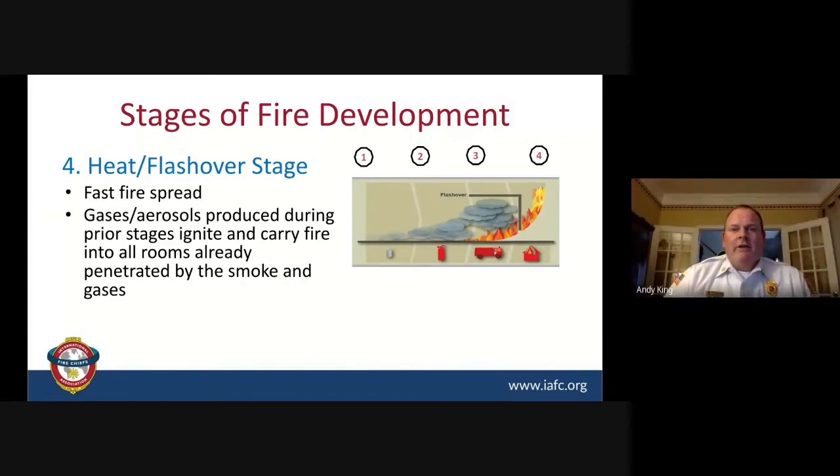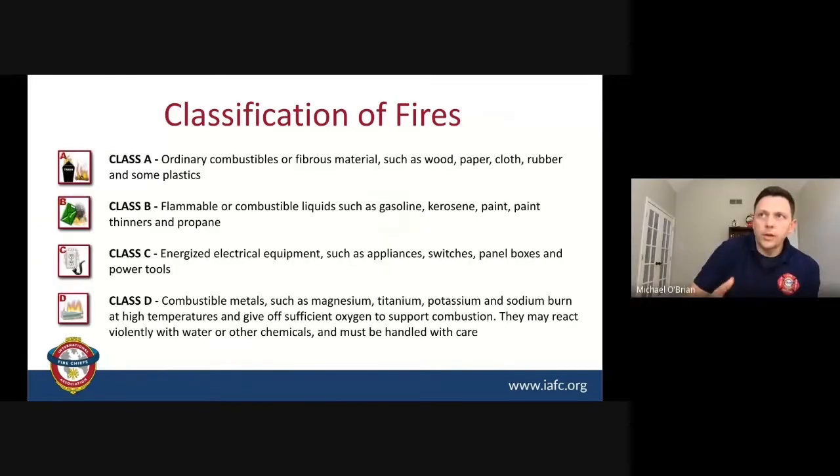At that point, the alarms should have already activated. Obviously, sprinklers should have already activated and sounded an alarm as well. But this is the stage where if you don't have those things working or they're not in place, especially in our homes, we recognize that the fire is going to grow exponentially, and it's time for significant intervention at that point. Kind of just reviewed the phases of fire.